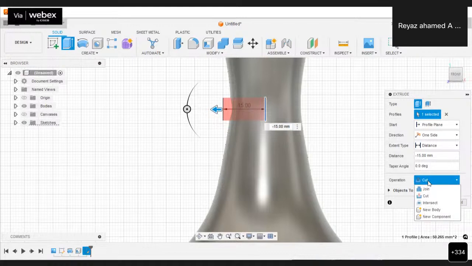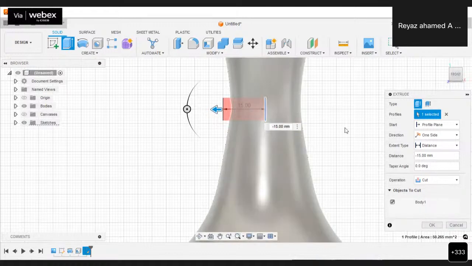If you click on join, automatically a solid object is created. Then, objects to cut: which object has to be cut? Only one object is there, that is body one, so that object has to be cut.